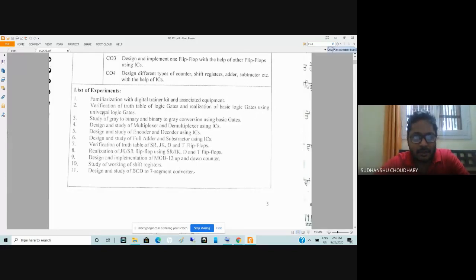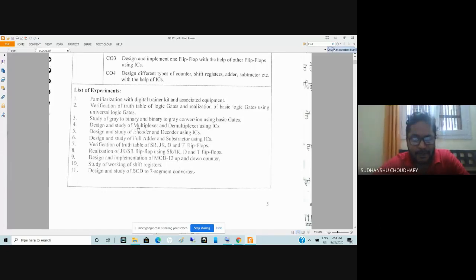Okay. Then, for example, the second experiment would be to verify the truth tables of different logic gates. So you may verify various logic gates, for example, AND, or NAND, or inverter, that is NOT gate. All these things you can again verify the truth tables, supply some input, and verify whatever is output. How you will verify, I will just give a briefing to you.